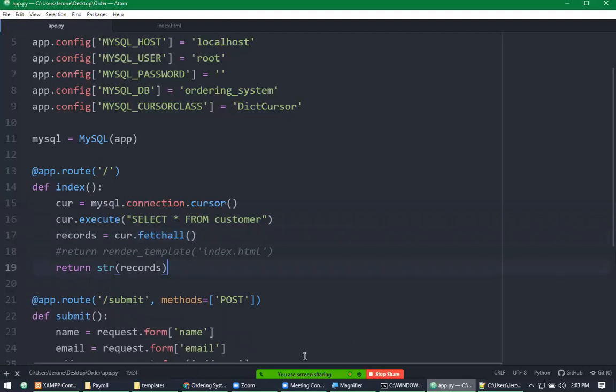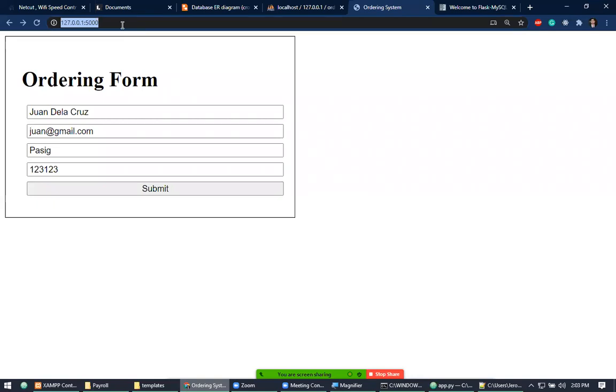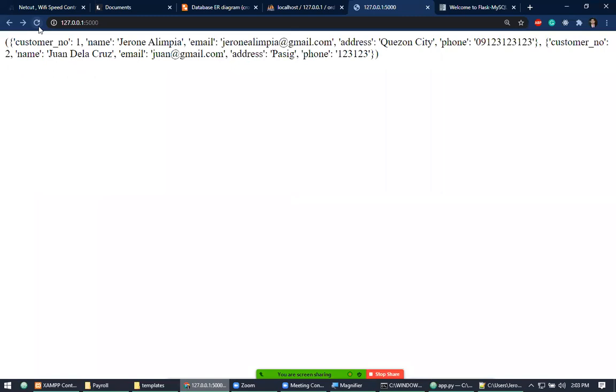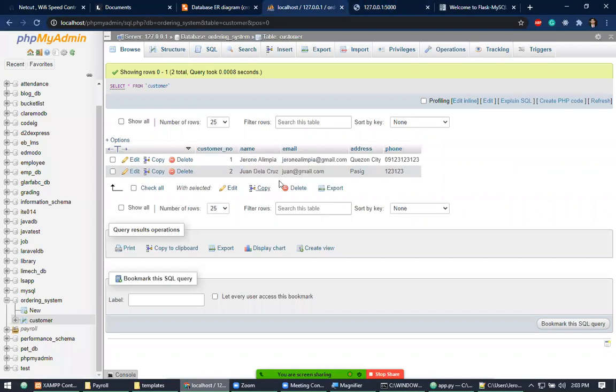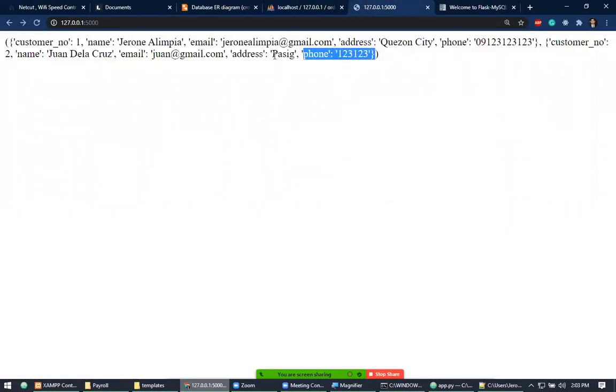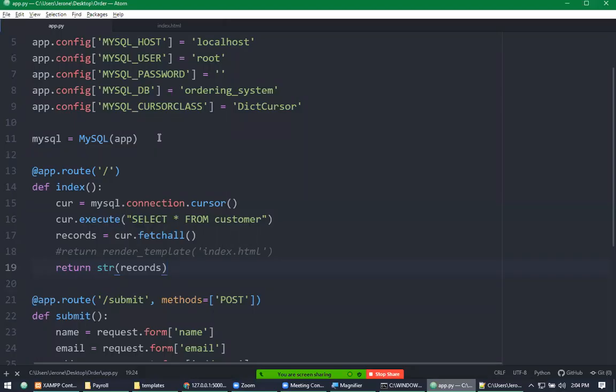Okay. So, save. Then, punta tayo dun sa ating web page. Then, refresh. Alright. So, see? So, dinisplay niya as string lahat ng records na meron doon sa loob ng ating table customer. Okay, actually, this is a dictionary. So, ang gagawin niya, i-display niya lahat ng rows. Kaya magkakadikit yan. So lahat ng rows at ifo-format niya as dictionary. So ang gagawin lang natin, doon sa ating